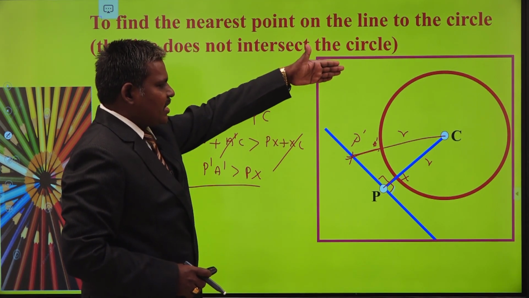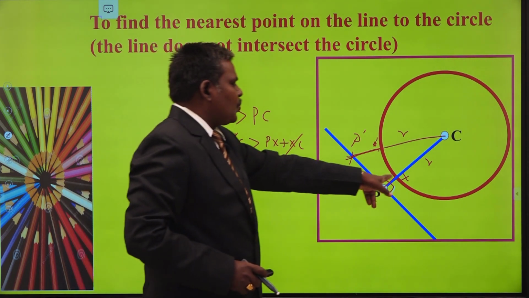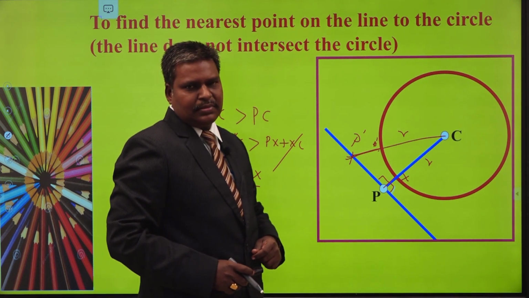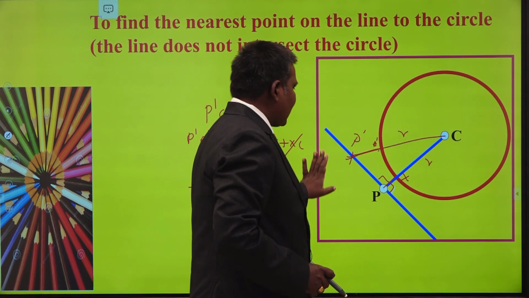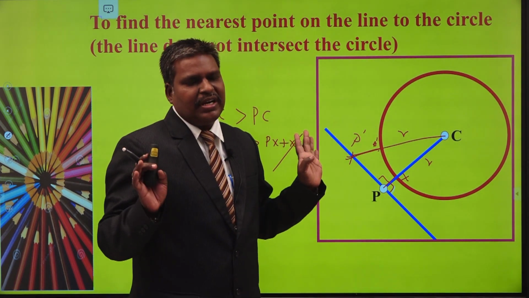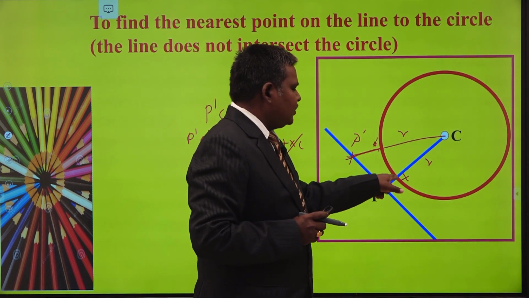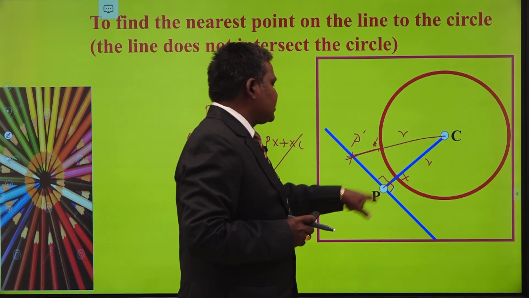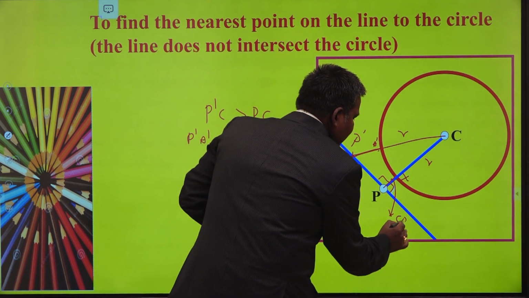Understand? You just draw the perpendicular from center to your line. You get 2 points of intersection. Both are nearer to each other. So with respect to your problem, take the center, you have the line, find the foot of the perpendicular drawn from the center to the line. That is the nearest point on the line to the circle. As well as how to find this point: this is R units, this is CP units, this is CP minus R. Am I correct or not? The distance is CP minus R.